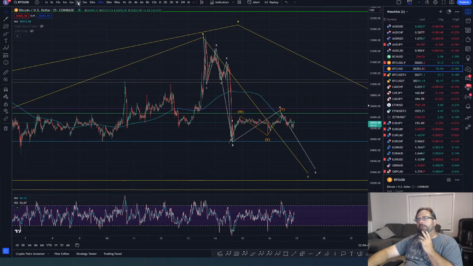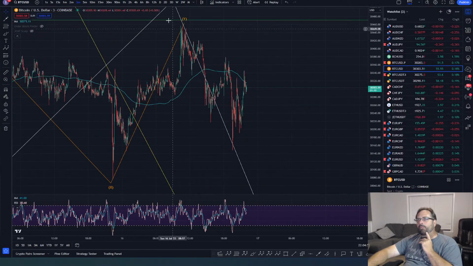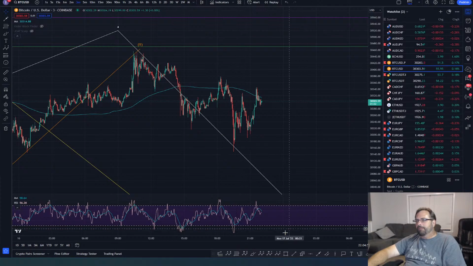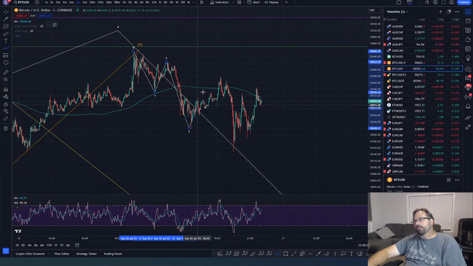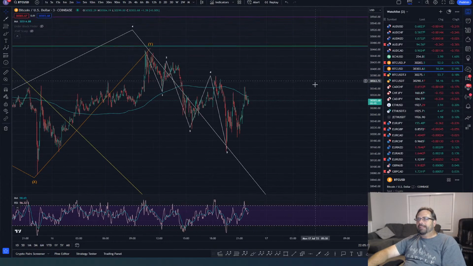And so what you do is we zoom in and we say, okay, what is this wave? Is that 3 waves or is it 5 waves? The way I look at it looks like 5 waves. So we got 1, 2, 3, 4, and 5. It kind of looks like a leading diag. So if that's a leading diag, now this is resembling a 3-wave move back to the upside.